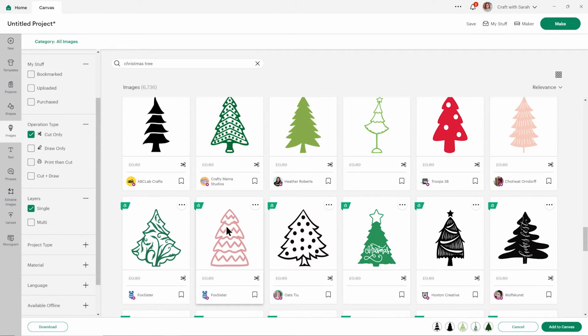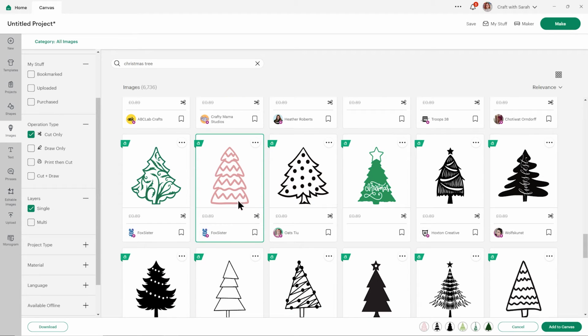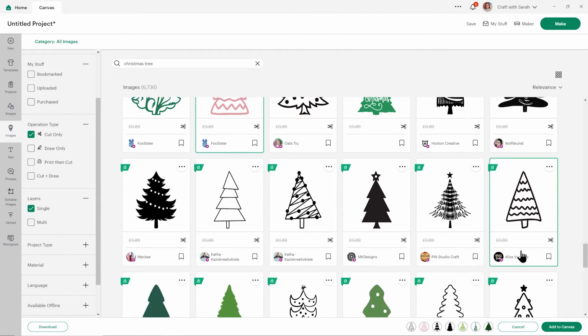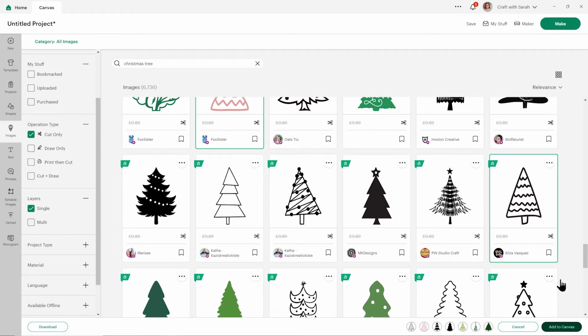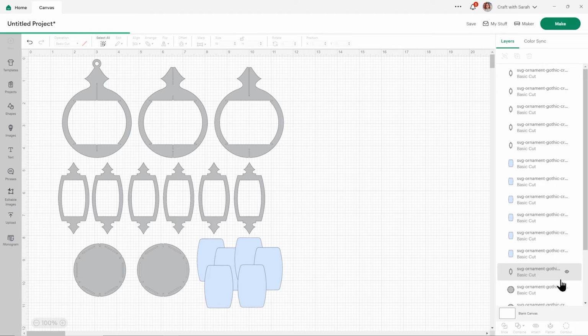Let's see. Oh, I like that one. And those lines are really thick, so it should work small. Everything's touching, so I'm not going to lose any details. Fabulous. Okay. And oh, I like that one too. I'm going to add that one in. I've got too many now, but it's fine.